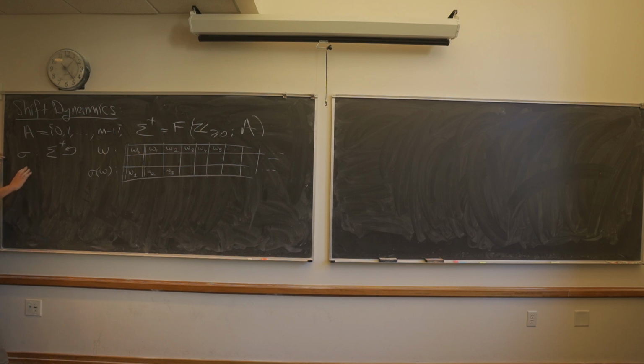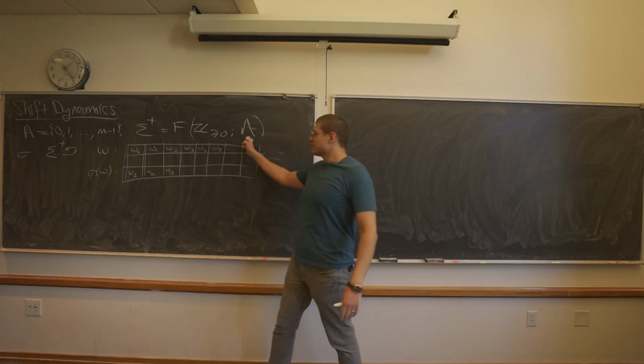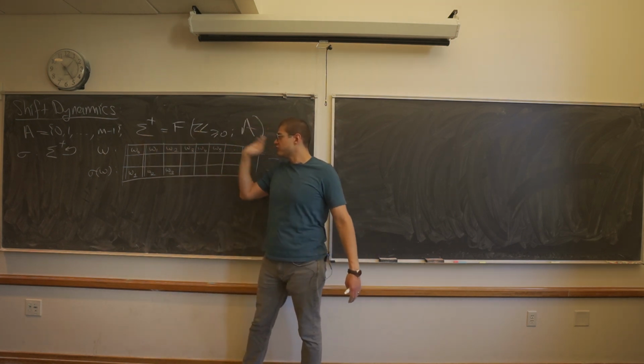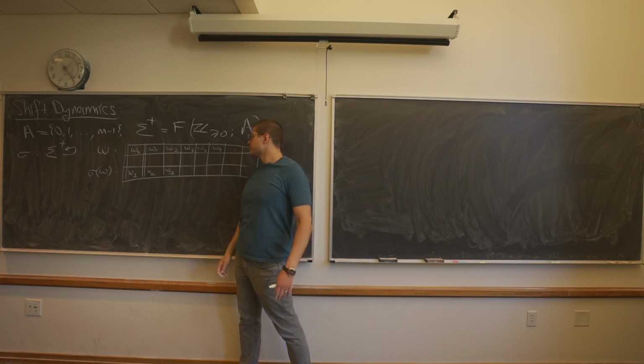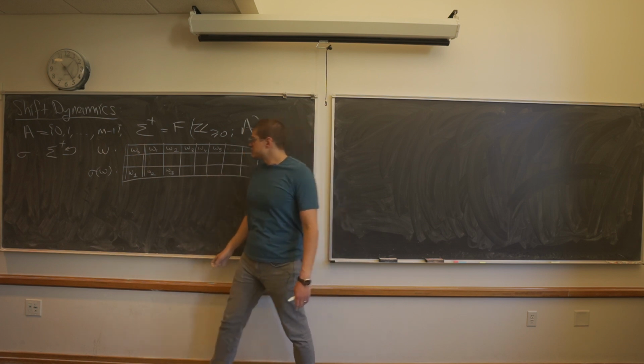And so this is acting on the space of sequences. My alphabet is m symbols from 0 to m minus 1. It doesn't really matter if you're using letters or integers. What matters though is that it's a finite set, and I'm looking at the set of all one-sided sequences, only going to positive infinity to the future, let's say, taking values in A. And the shift transformation